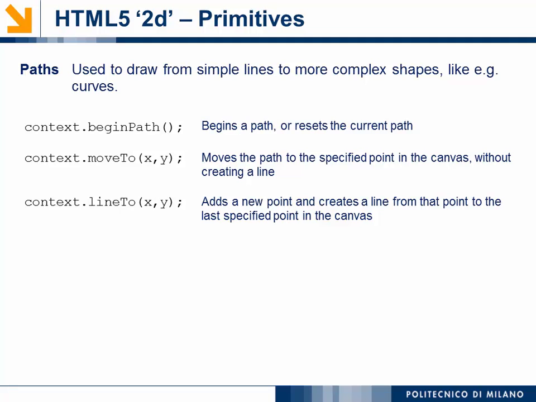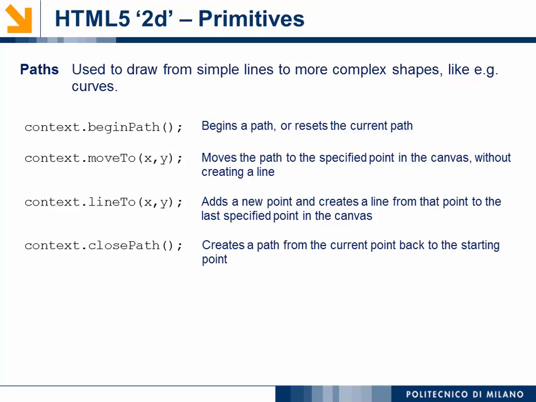You begin a path, and it's quite important because it resets. If you want to draw a path, then do something else, then start again drawing a path, you need to use this function. Move to just moves the virtual pen to another point on the screen. From that point, line to draws a line to another point. Close path: since a path begins somewhere, if you close path, it goes from the last point to the first one of that path,